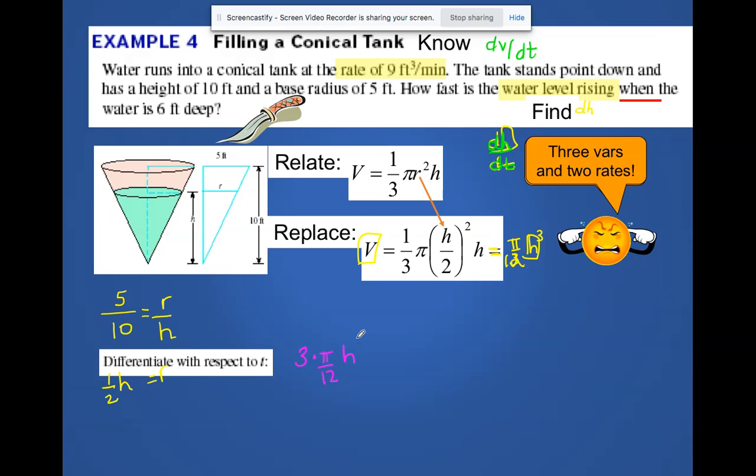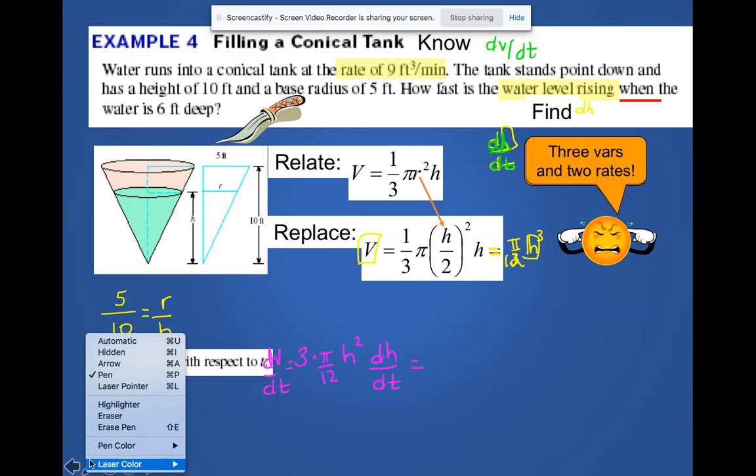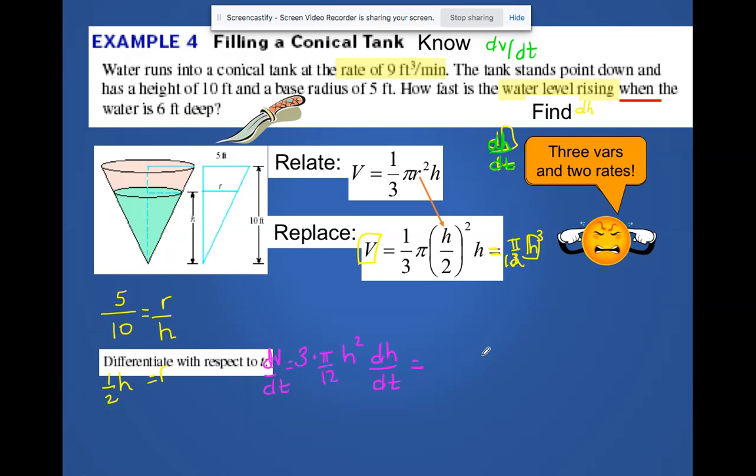Copy over the h, subtract 1 from the exponent, spit out the derivative of the inside. So I end up with dV/dt is equal to pi over 4 h squared dh/dt